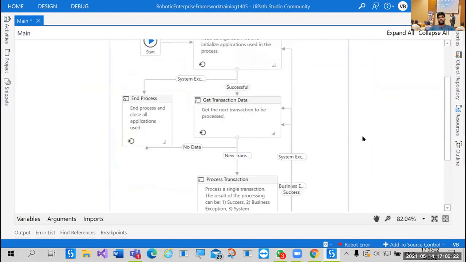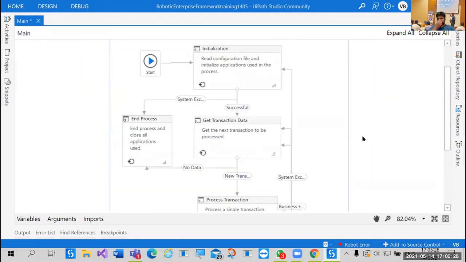See this workflow, what did you understand and how exactly are you saying this? In RE framework, I want to know about the arguments here. Actually, one argument is passing from one workflow to another workflow. Correct. For example, we are using Excel data in RE framework, and at the time where we want to change the data, like transaction item. For example, we are using queues. At the time we are using the queue item, in Excel it is a data row, and in a database also a data row. At the time where we want to change the details, that is the main thing I want to know, sir.